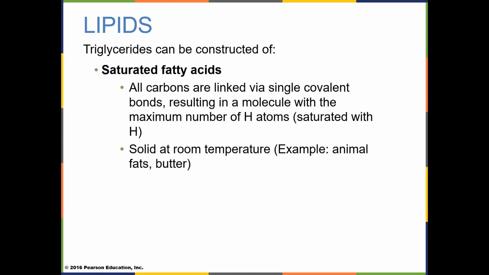And these are the animal fats. Saturated fatty acids show up in the animal fats, which are solid at room temperature. Butter is an animal fat, because it comes from cows, from milk. So it's an animal fat. Butter will be solid at room temperature